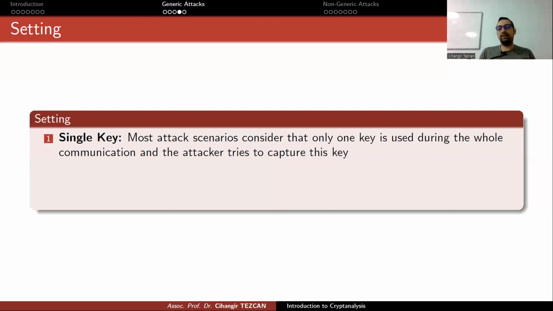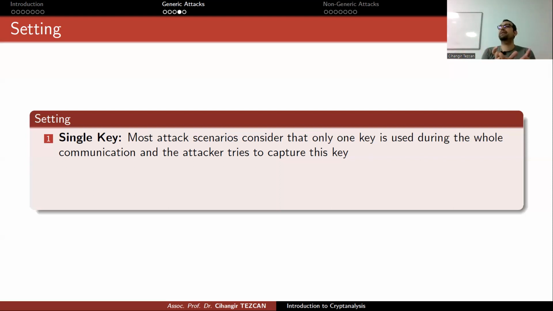And updating the key on IoT devices sometimes is hard, right? Because there are many devices scattered around on the field with sensors and so on. So you can apply some basic techniques saying that, okay, initially we agreed on the key, we used it for a very long time, let's increment it by 1. So it is a simple idea, right? But now I don't know the first key, I don't know the second key, but I know that the second key is just 1 more than the first one.